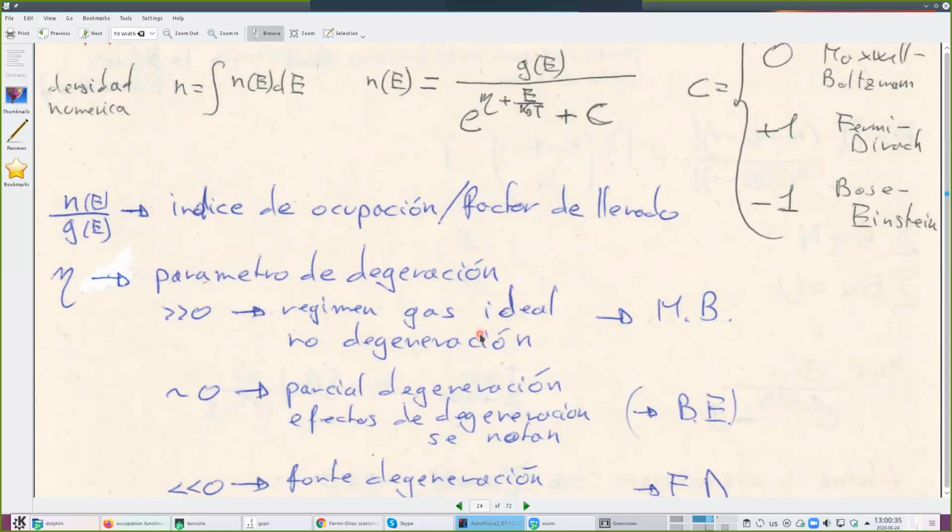In fact, it's common to see the Maxwell-Boltzmann statistics and the Maxwell-Boltzmann distribution, that is the statistic applied to the velocity, to the speed, and with the classical